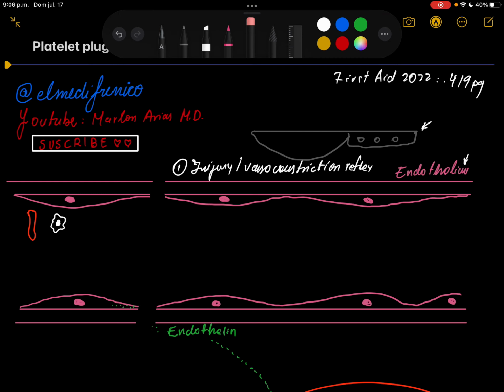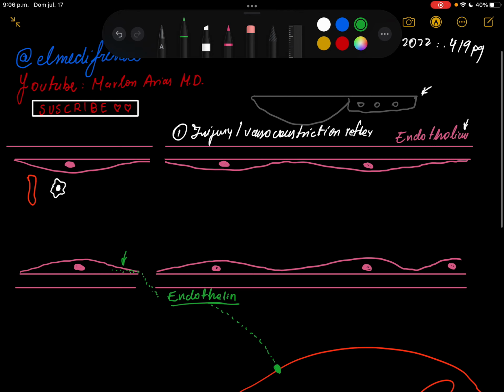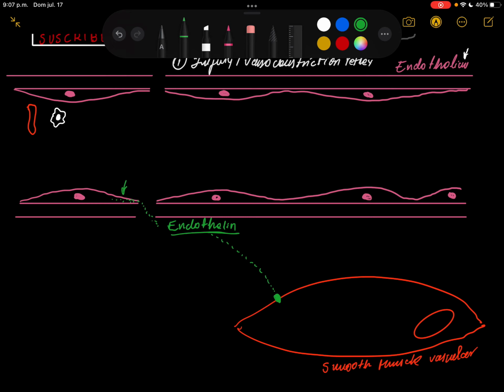When the injury happens, immediately we're going to have a reflex vasoconstriction, and I'm going to explain what happens in this reflex vasoconstriction. Here in our endothelium we have a really special substance called endothelin. Endothelin is going to be released by the injury and is going to act at the level of the vascular smooth muscle, on a really special receptor coupled to